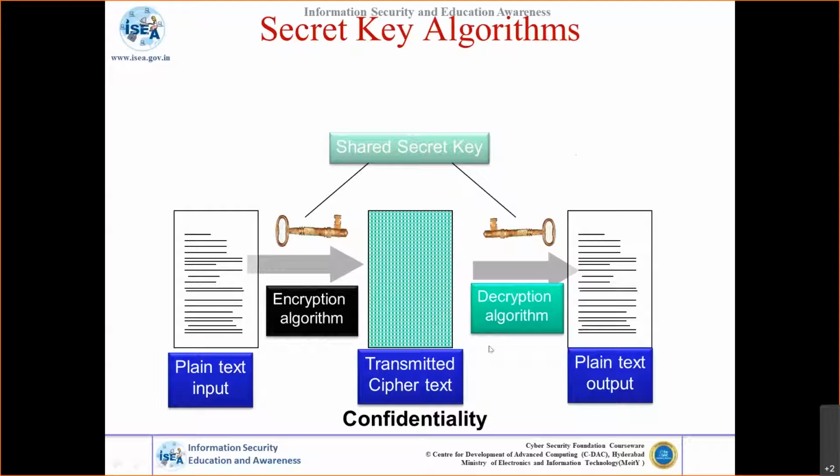Now, once it is received at the receiving end, you know you already agreed upon the shared secret key with the receiver, and you also know the algorithm which you used for generating the ciphertext. So what he will do is pass the ciphertext through the same algorithm again, giving the same key as an input. When he passes this, it results in the plain text. That's how the sender and receiver, having agreed upon the algorithm and key, could securely communicate by using a secret key algorithm. This is how the algorithm works.